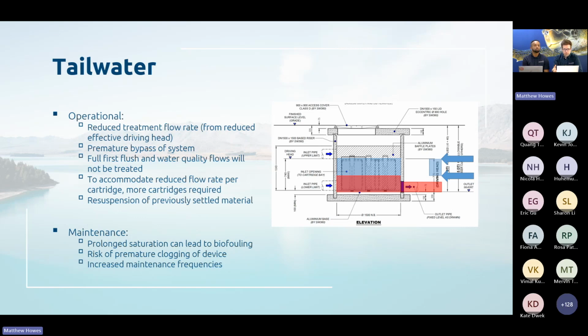If there's prolonged saturation, so for example, if the storm filter media sits within an extended detention level, that can lead to biofouling and premature clogging of the media, which means you have to maintain the device that much more frequently. That being said, there are conditions,